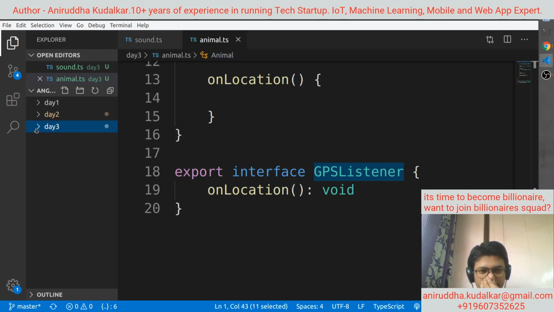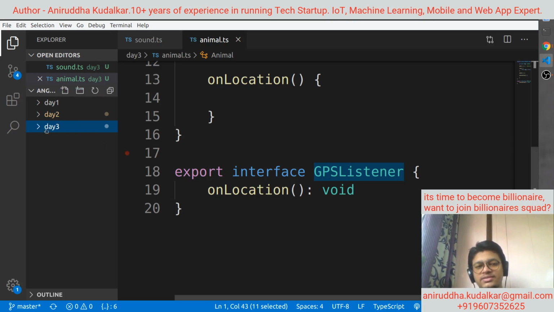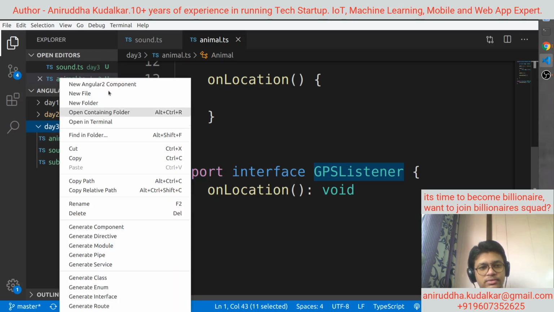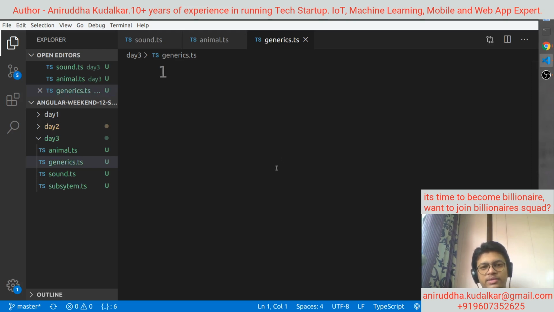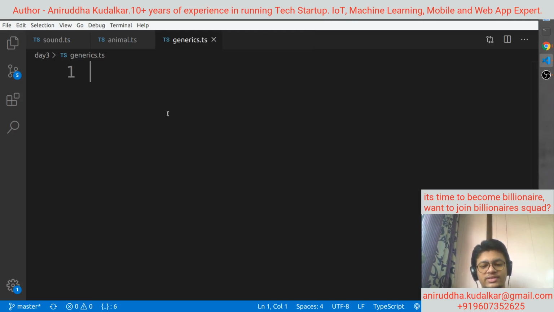Now there is something called generic classes in TypeScript. Here I can say generics.ts. What do you mean by generics? Let me tell you.